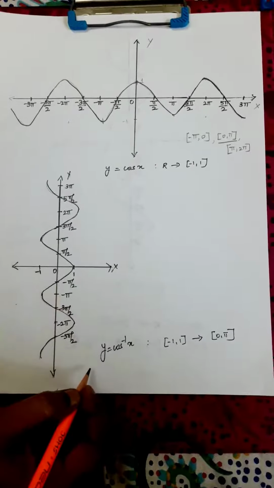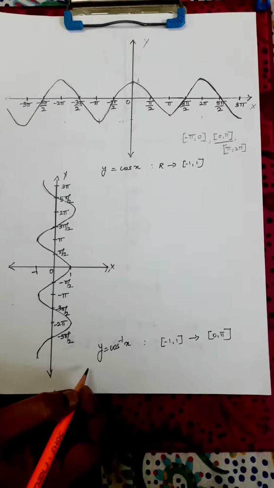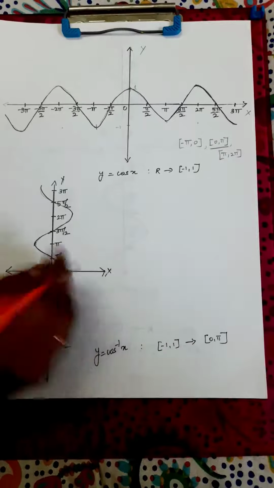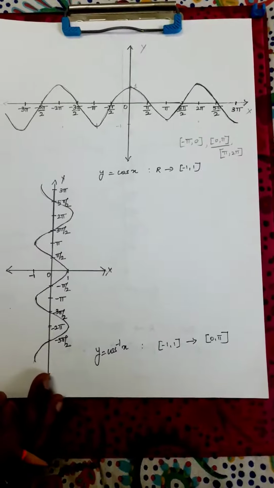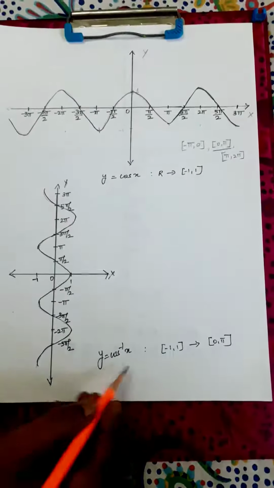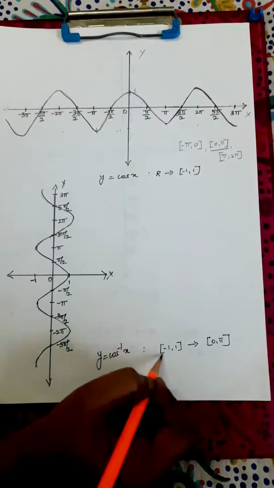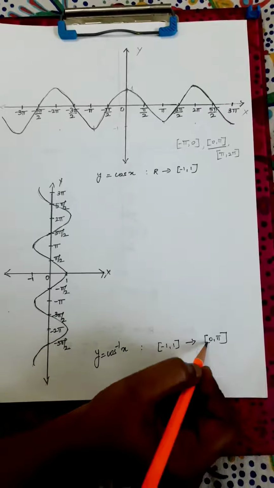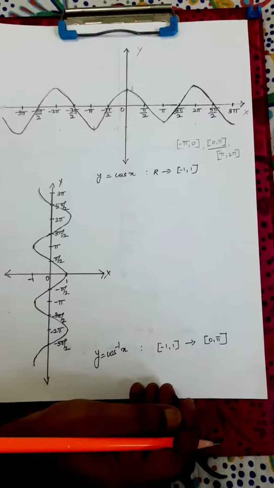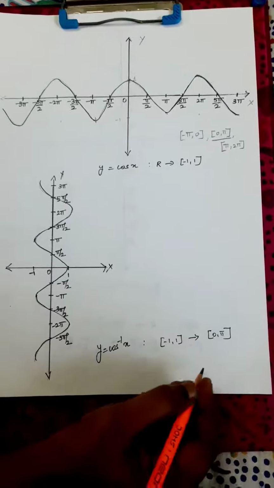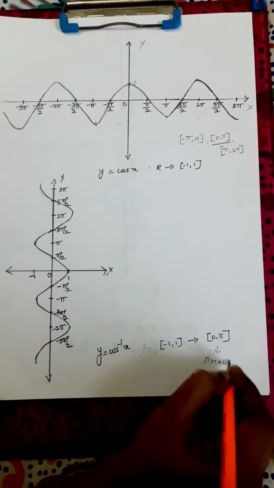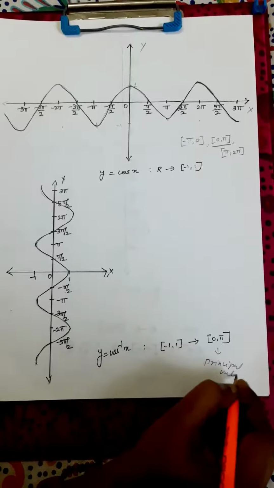If you want to draw the cos inverse function, we need to interchange the x and y axis. The domain is -1 to 1 and the range is these intervals. So we restricted the range to 0 to pi here. So the domain of the cos inverse function is -1 to 1 and the range is 0 to pi. This is the principal value branch for the cos function.